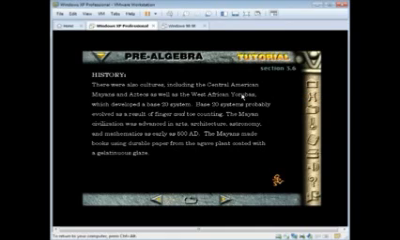History. There were also cultures, including the Central American Mayans and Aztecs, as well as the West African Yorubas, which developed a base 20 system. Base 20 systems probably evolved as a result of finger and toe counting. The Mayan civilization was advanced in arts, architecture, astronomy, and mathematics. As early as 500 AD, the Mayans made books using